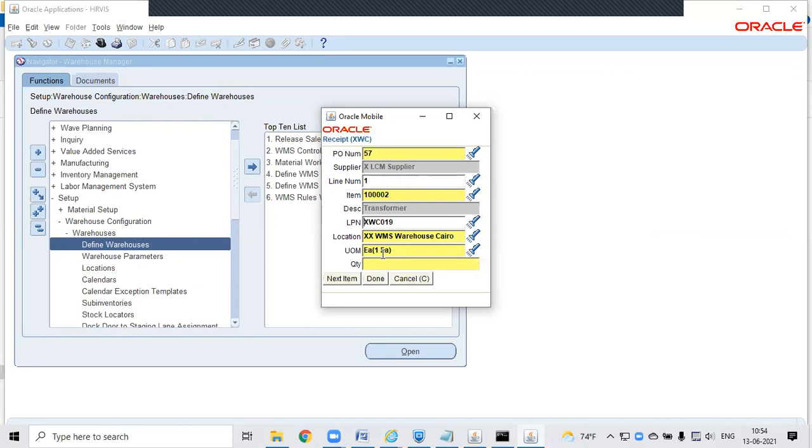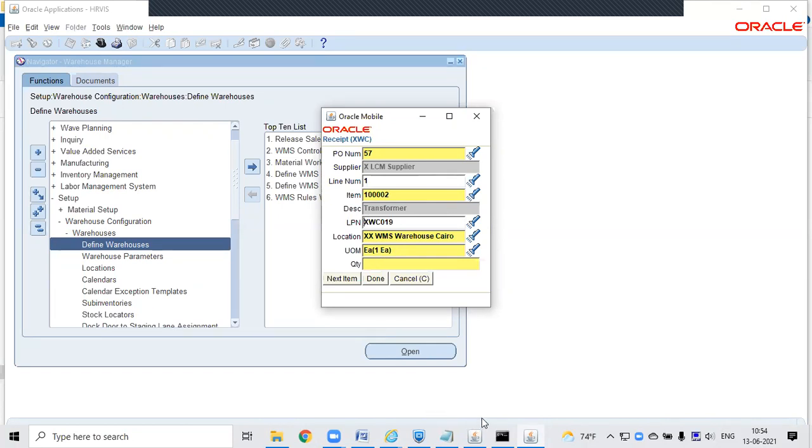Right, that is the linking. What it is basically doing is creating the LPN and all these lines. It is just inserting into your RCV interface, and your receiving transaction processor is creating the receipt. At that time, it will be assigned to your warehouse. Okay. Sure. Understood. Thank you.